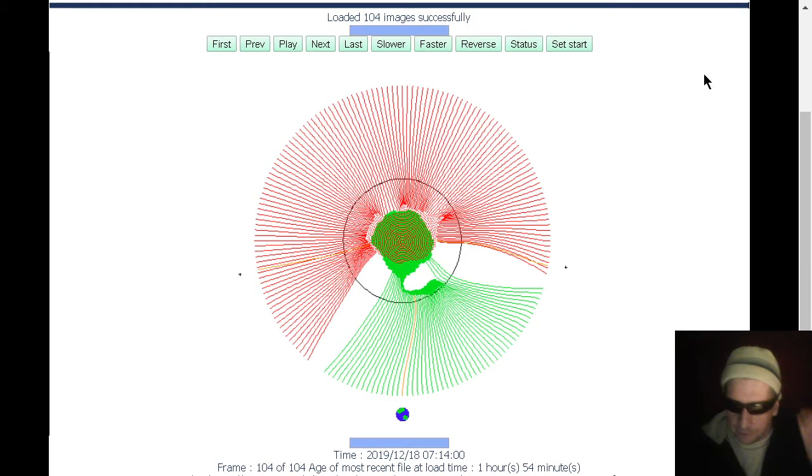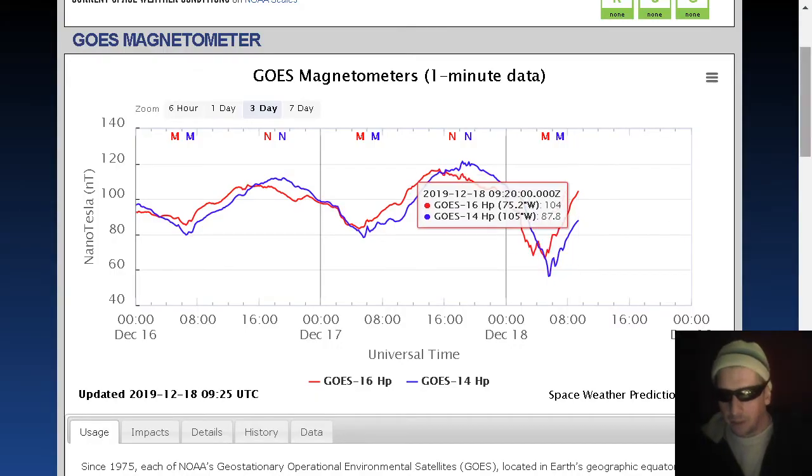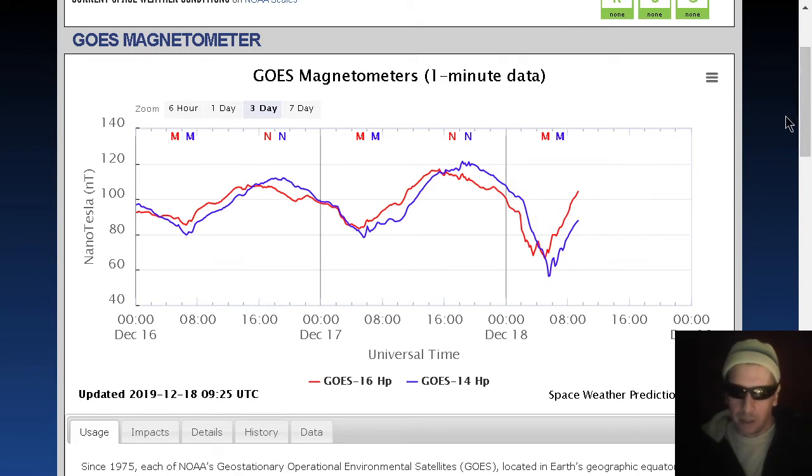And there's that last frame, and you can see that this force line is going to snap across quite quickly here, and it just happened at Stereo A. Stereo A got a little bit confused, so don't be surprised when you see extreme spiky data in the GOES magnetometer, as the electron flux is going to crater. It's going to continue to be ultra low